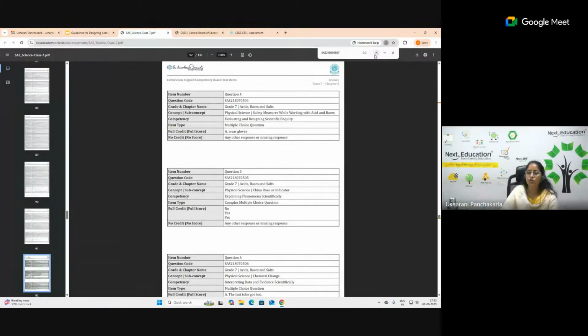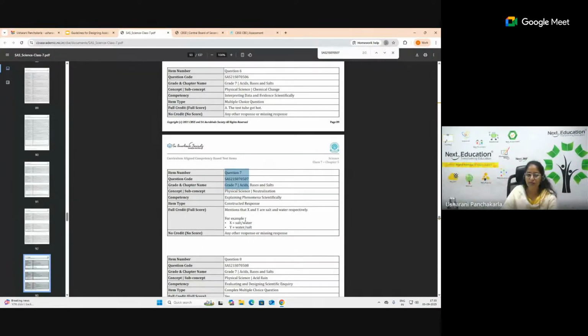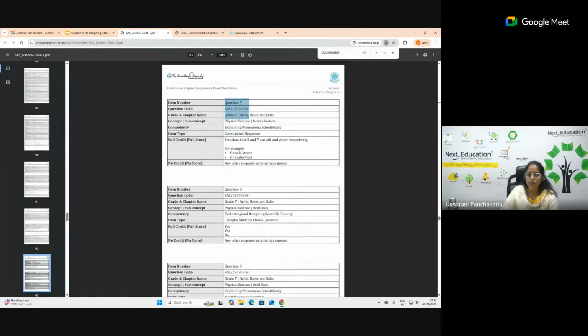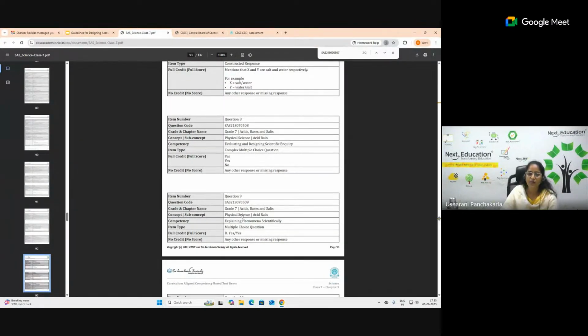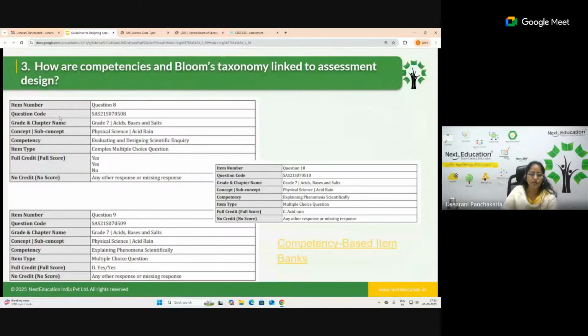If I just go through this, you can see the question number, and I'm pressing Control F, and here I can see. So all the questions have the marking and how to mark it, and whether the credit should be given or not. Okay, I hope this is clear. Now coming to the next slide, where the pictures I have taken show the item number, the competency being covered, and the score.